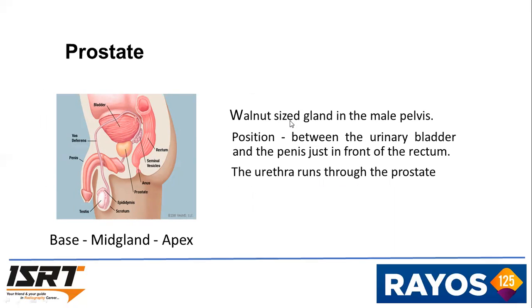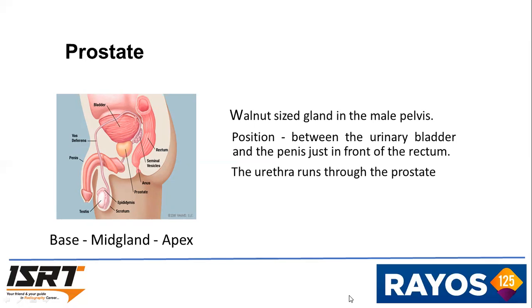Now we can have a little about the prostate gland. Prostate gland is a walnut-sized gland situated in the male pelvis. This is the prostate gland. Its position is just in front of rectum and in between urinary bladder and penis. The urethra passes through the prostate gland. The prostate gland has a base, midgland, and apex. Remember, unlike other organs in our body, the base of the gland is in the superior aspect and apex in